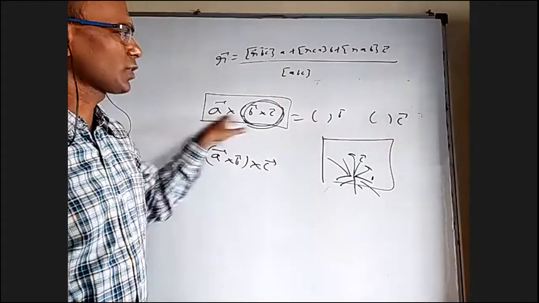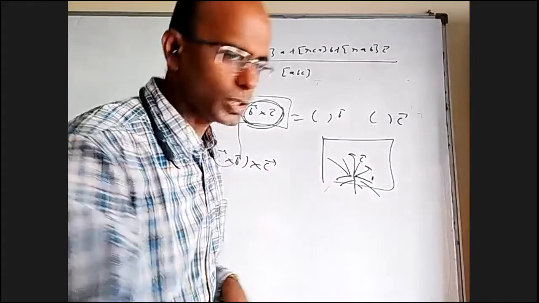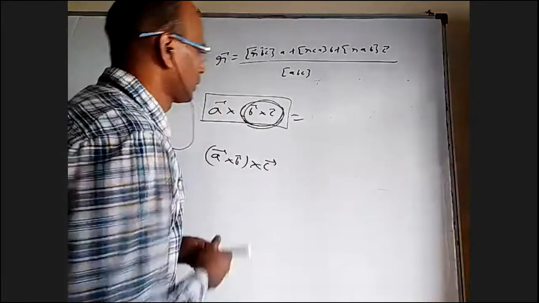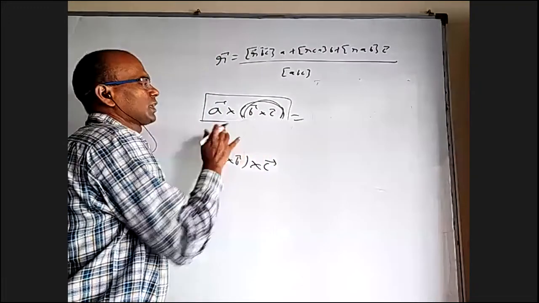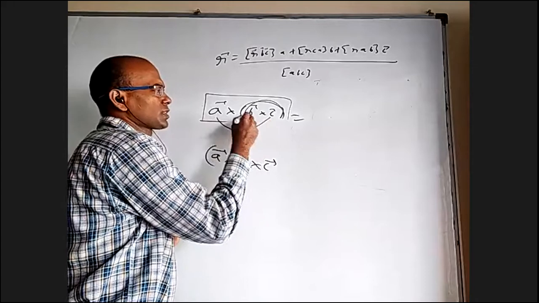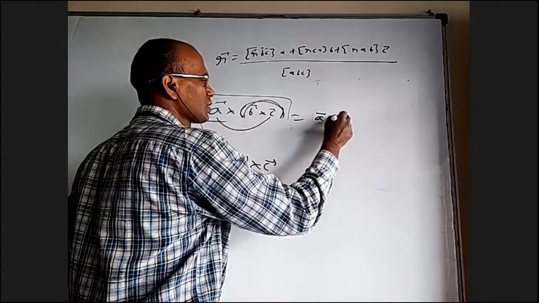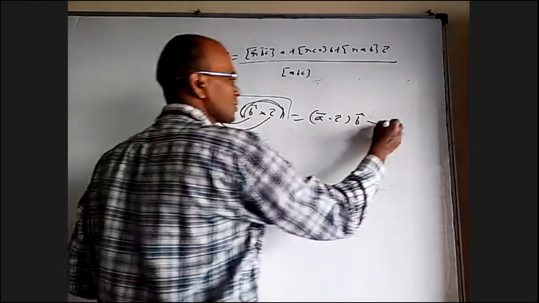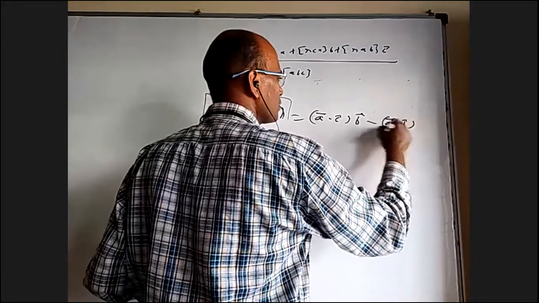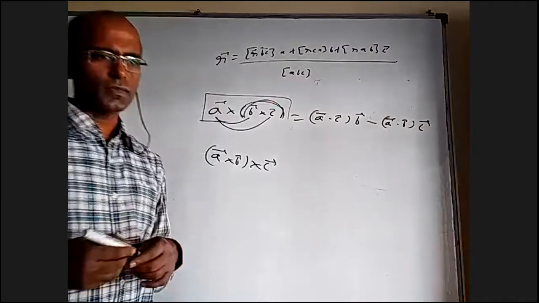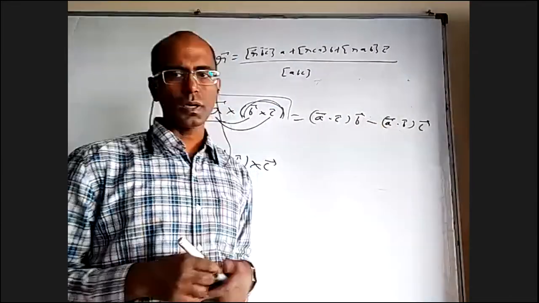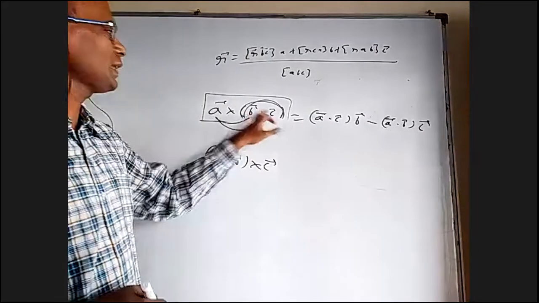It should be perpendicular to A. I can check dot product with A. Based on that, this formula is derived. What is that? Okay, how to remember? I'm telling first. This dot this into this. So A bar dot C bar into B bar minus this dot this into this, which is A dot B into C. You can see in the formula that it is some number into B bar, some number into C bar, because it is in the plane of B and C.